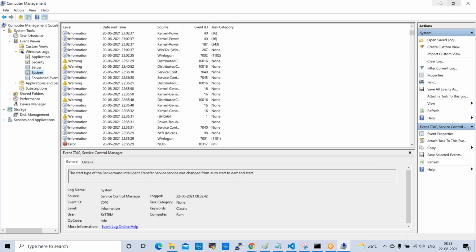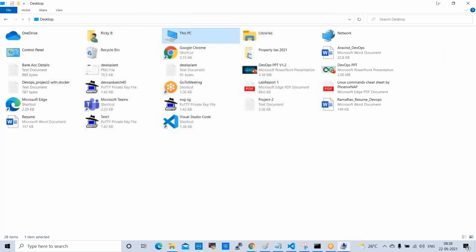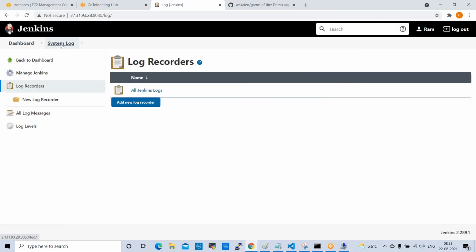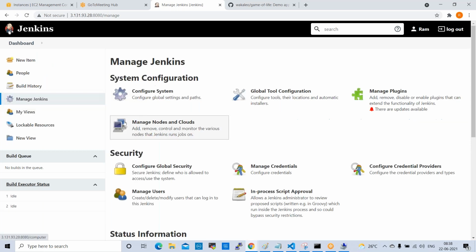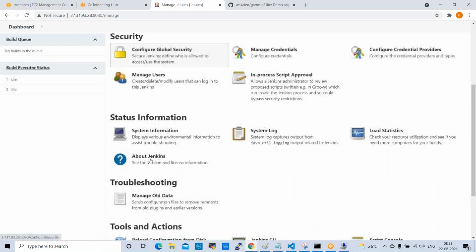The same way for the Jenkins server, we have system logs here. If anything goes wrong with Jenkins, we can check from here.